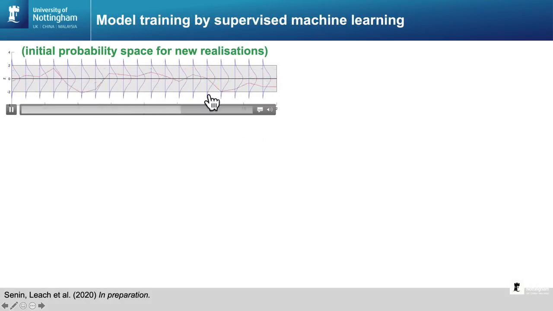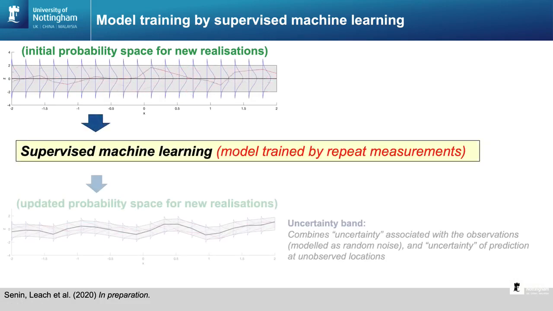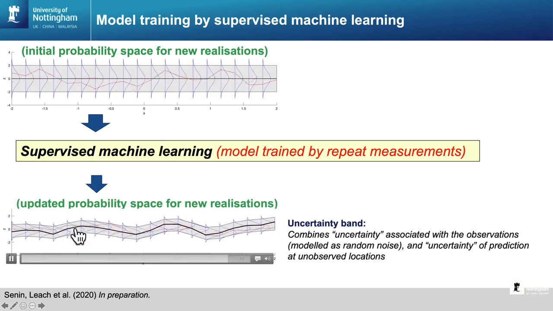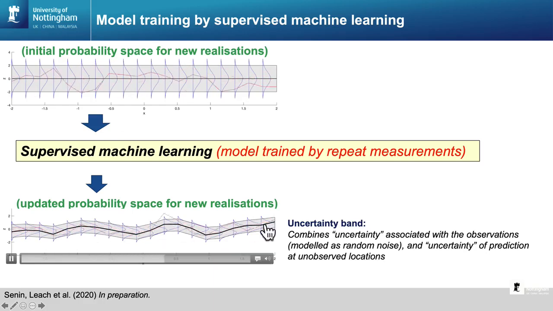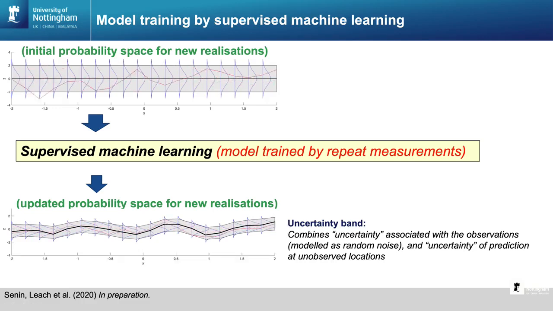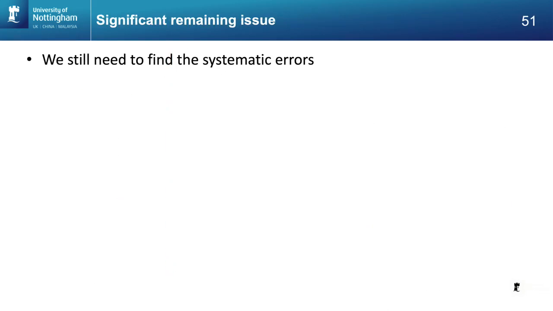This is what we would get if we just used the standard deviation at each point, but we can use that as a priori into effectively a learning process, the Gaussian process modeling, to give us the updated probability space. So now you can see this is much smaller than this. This is the real random error that you would get if you were to repeat your measurements. Now the tricky part, and here's just some initial results we got. This is in fact using a fringe projection system, but we're now going to apply this to coherence scanning interferometry and other measurement methods.